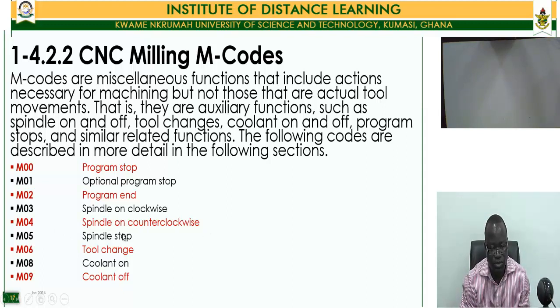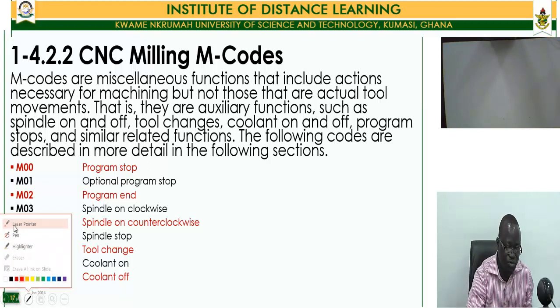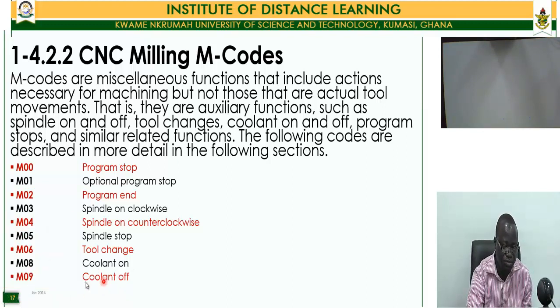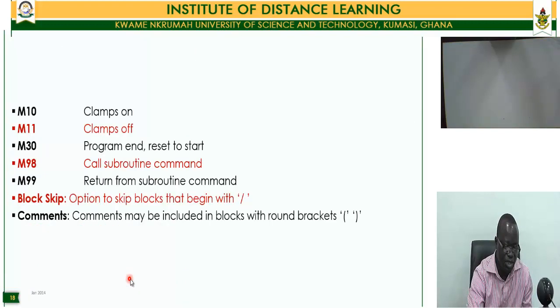The milling codes, that's the M codes that we're talking about here, are M00 program stop, M01 optional program stop, M02 program end, M03 spindle on clockwise, M04 spindle on counterclockwise, M05 spindle stop, M06 tool change, M08 coolant on, and M09 coolant off. You follow through to M10, which is clamps on,